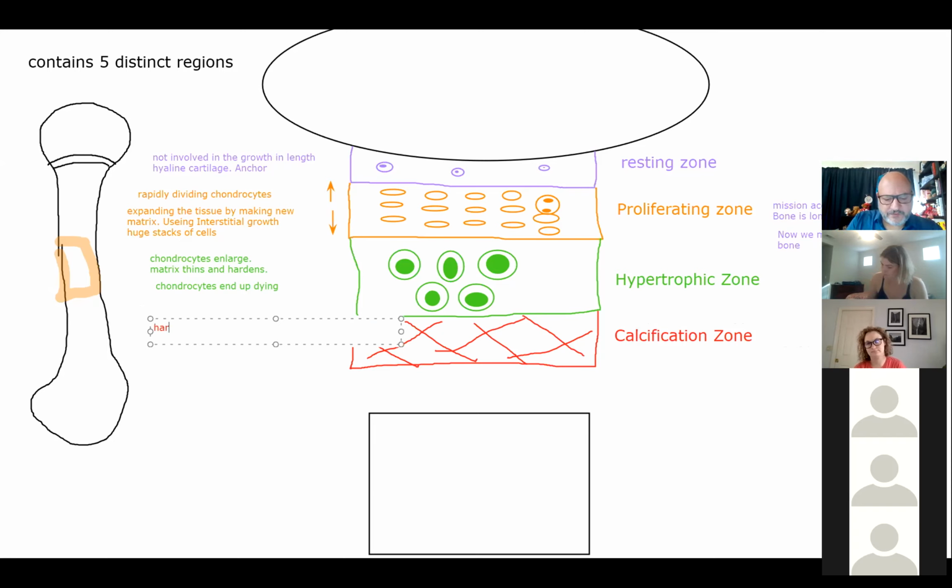So we have that hardened matrix cavity that forms. And as you guys pointed out, and the reason I used red is that here the blood vessels grow into the area. And as blood vessels grow into the area, they bring new cells and new chemical signals. So let's draw some quick blood vessels growing in here. Blood vessel growing in, blood vessel growing in. And as those blood vessels grow in,